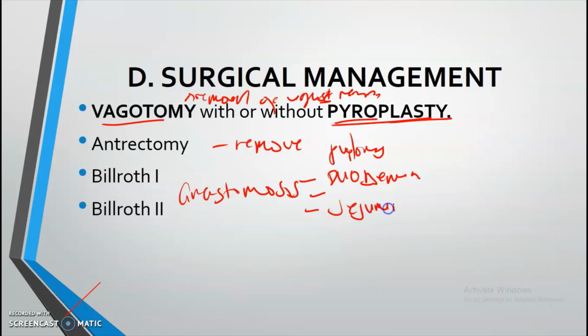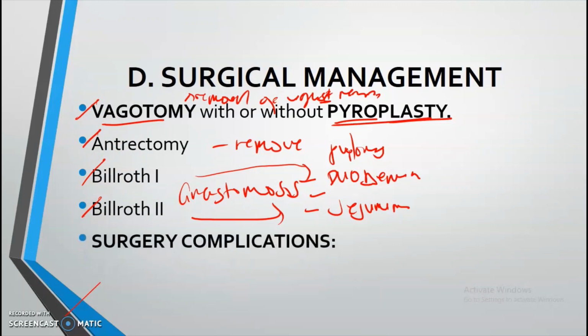Okay? Jejunum. Okay? These are both anastomosis, okay, or connection of the portion of the stomach from the stomach to duodenum. That is your Billroth 1. From stomach to jejunum, that is Billroth 2. Okay? Billroth 2. And those are the surgeries that will be done to patient to manage the condition kapag sobrang lala na. Okay? And these surgeries, your vagotomy and antrectomy, Billroth 1 and Billroth 2, may lead to these following